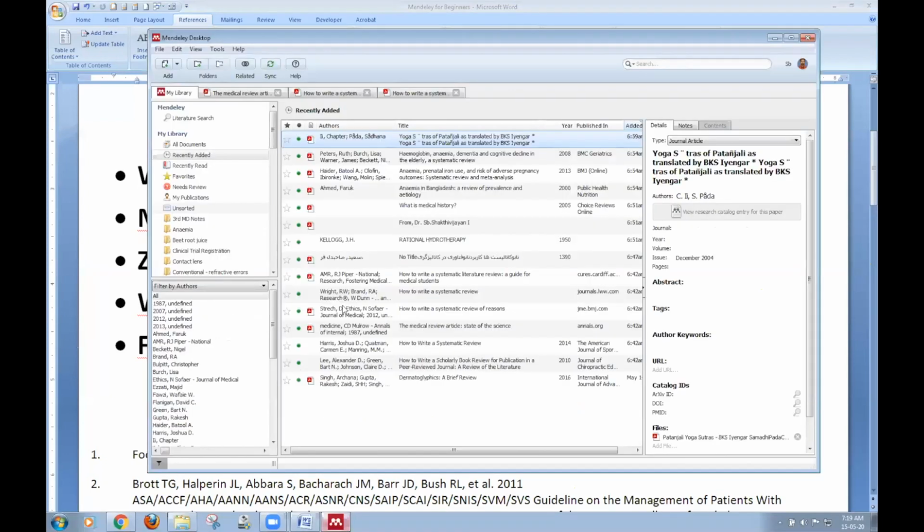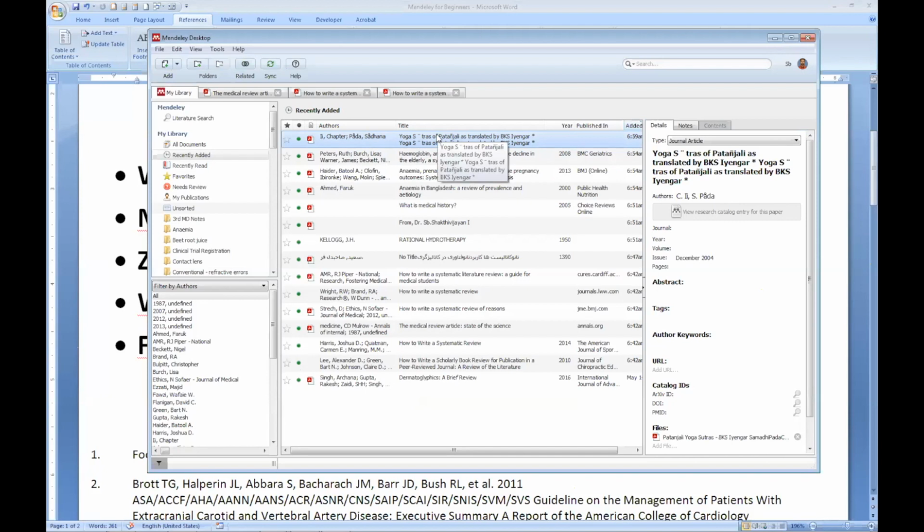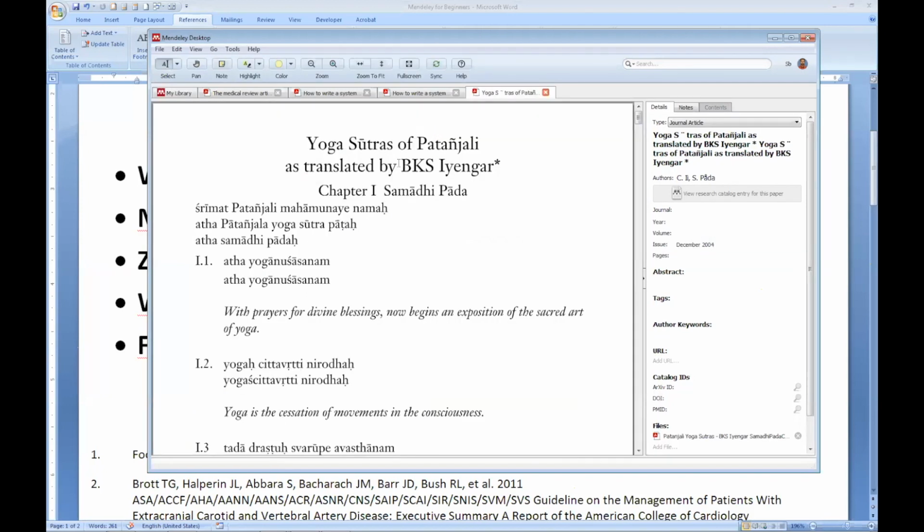For example, I am opening a document. This is my PDF that I opened. I want to highlight something. You can highlight it. See, go here and highlight text. And you have the color of the highlight here. Now I'm keeping it yellow. I just highlighted it.